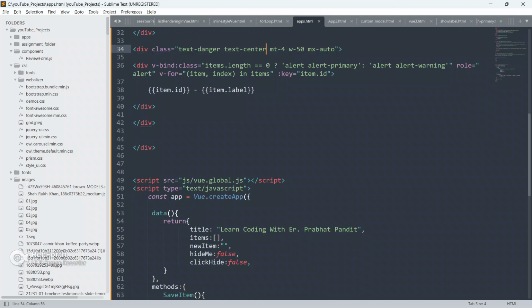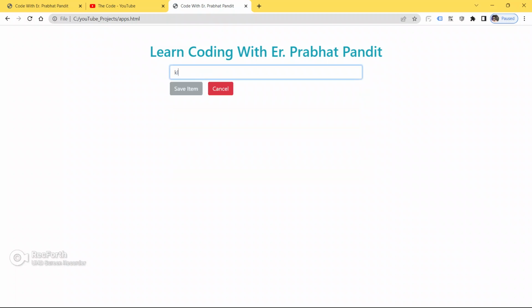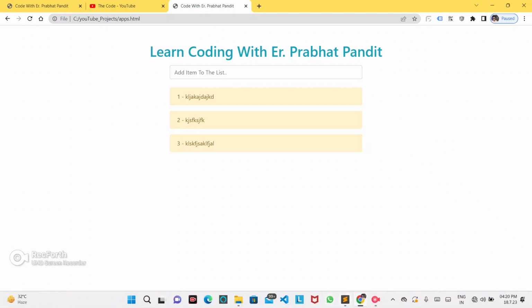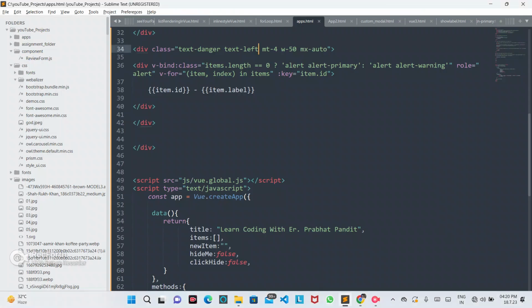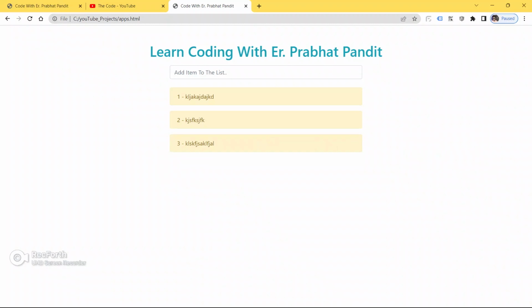Now we will give text left. Save now. Yeah, the text is inside the left now.